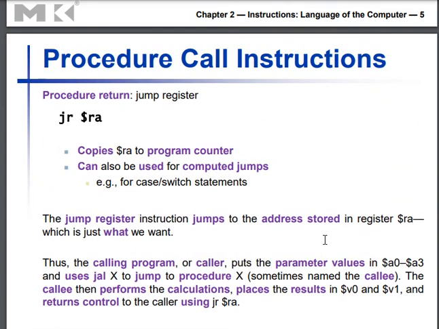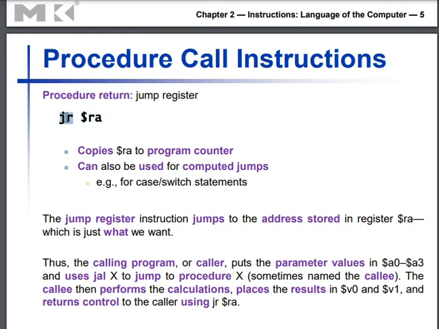When a procedure finishes its task execution, the control has to be returned or transferred back to the calling segment. So we need to write an instruction called jump register RA. It's fixed. You don't have to change anything. Register RA contains the return address, like I said in the previous slide: the address of the next instruction is saved in register RA.